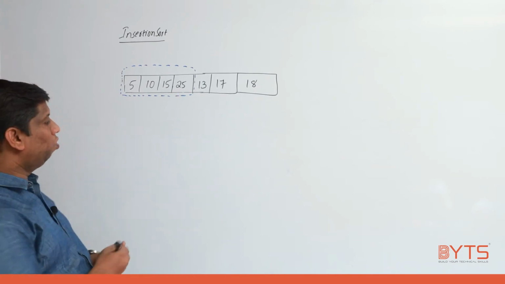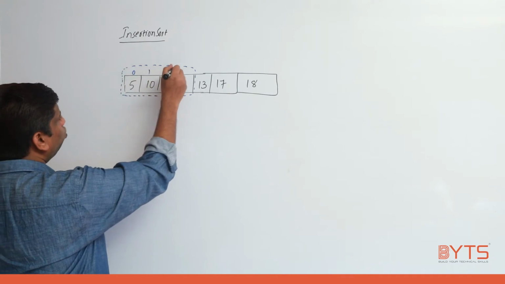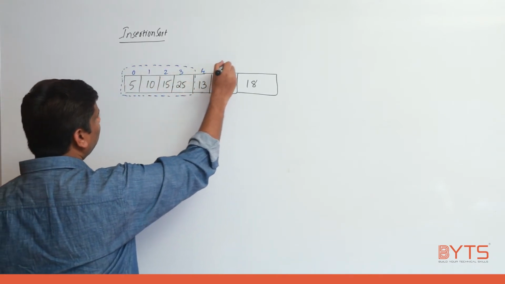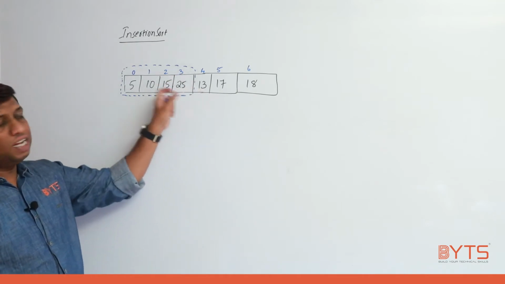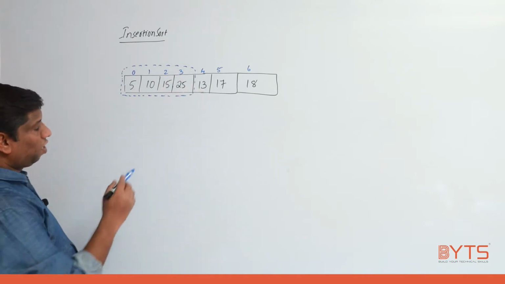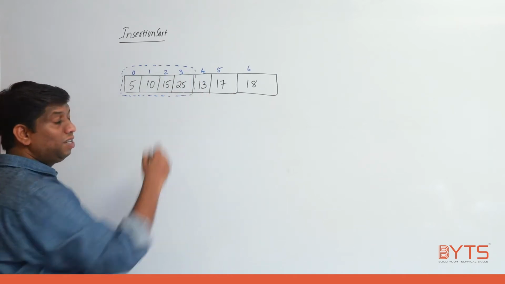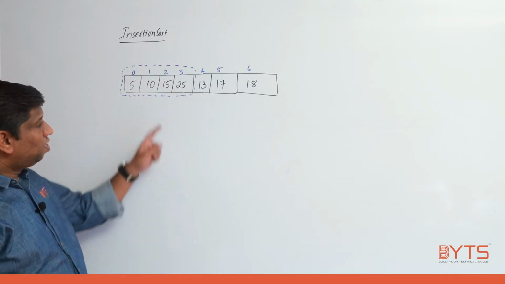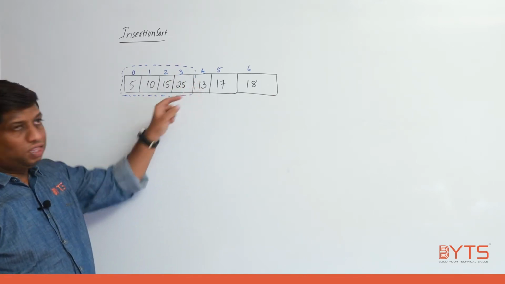So what I will do, very important point. What are the indexes we have? 0, 1, 2, 3, 4, 5, 6. These are the indexes we have, right? Now what is the current element I am going to take? 13. Let us try to understand. If I move 25 to this location, 13 is lost. I hope this is very clear. See, very important point I am telling. If I move 25 to here, 13 is lost.